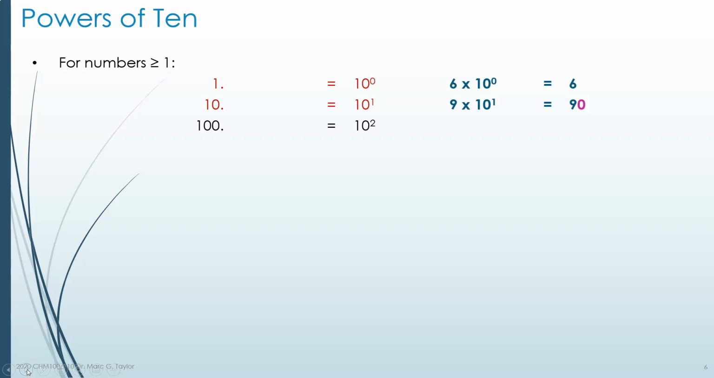If we continue this trend, 10 to the 2, or 10 squared, is equal to 10 times 10. The number tells you how many times to multiply the number by itself. So 10 squared is 10 times 10, or 100. Therefore, if we had a scientific notation value of 3.4 times 10 to the 2, or 3.4 times 10 squared, that's the same as saying 3.4 times